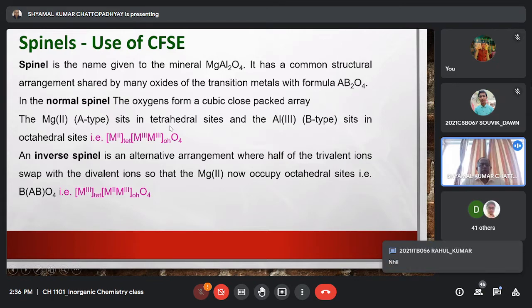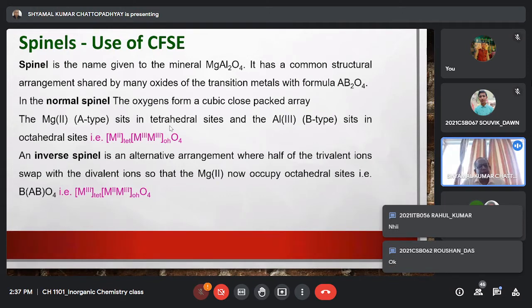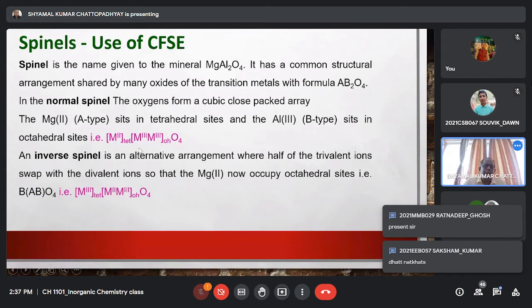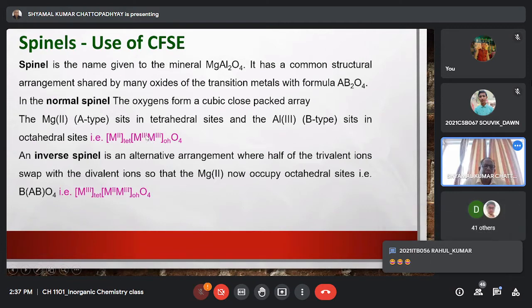Now, under certain conditions, so this is the normal spinel where the 2 trivalent metal ions will occupy the octahedral hole. But there may be certain arrangements, which arise mainly because of the crystal field stabilization energy, where the reverse is happening. That means the divalent metal ions move from the tetrahedral pocket to the octahedral pocket, and instead one of the 2 trivalent metal ions leaves the octahedral pocket and comes to the tetrahedral pocket,